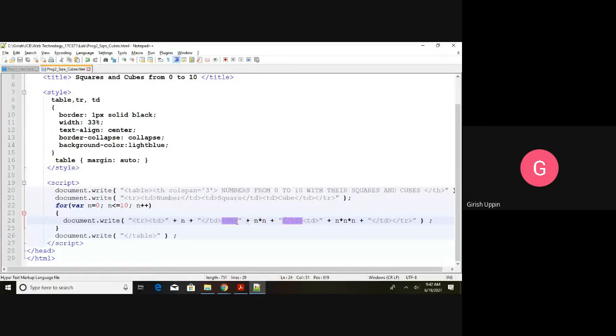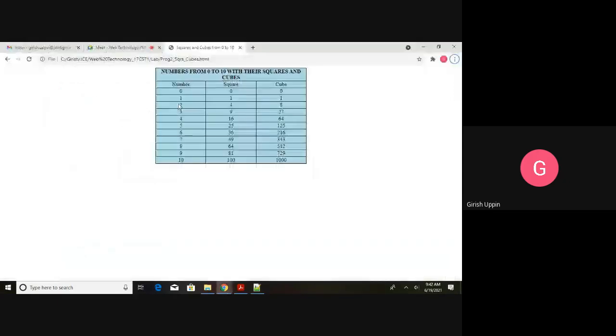Plus is concatenation. td is the string and it is concatenating n into n. So n into n, that is 0 into 0, 0. The third cell td, n into n into n. This is representative of the square of a number, and this is representative of the cube of the number. And that row is closed. So on the first iteration, I get 0, 0, 0, and so on.